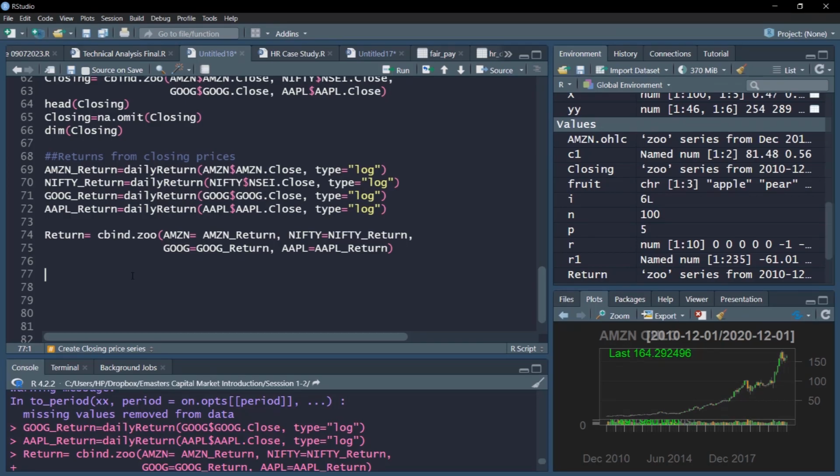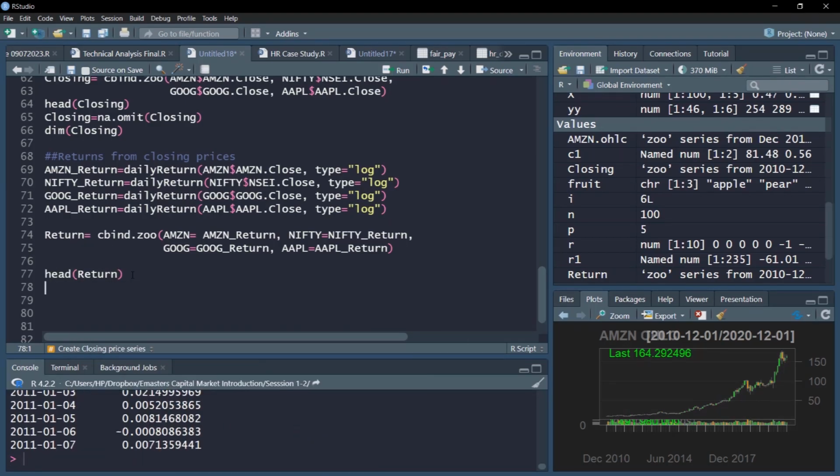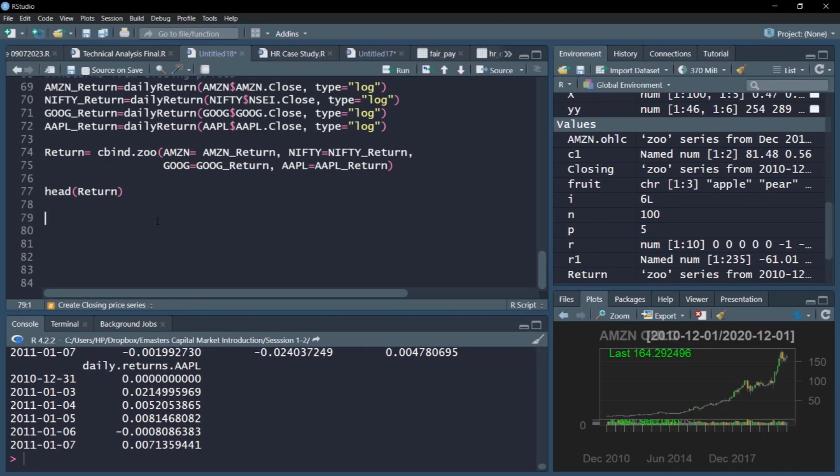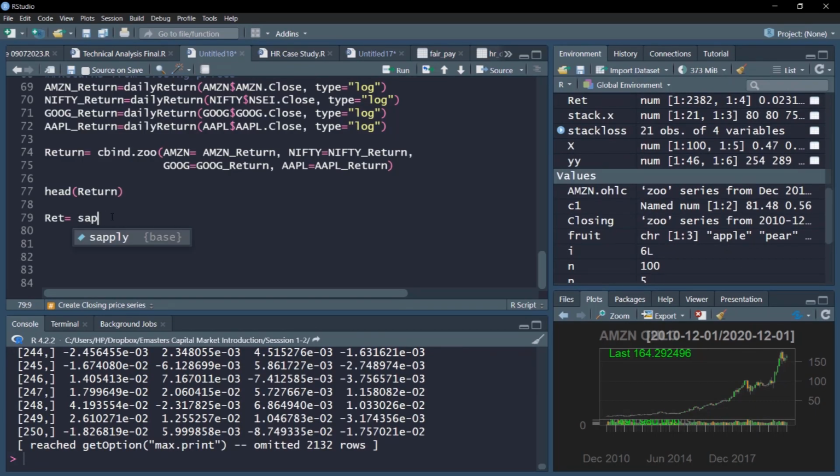Also, if you want to check you have created the return variable correctly, you can just see the head of this return variable. Sometimes you want to use a simpler procedure using this apply functions. Apply functions are very useful. Let me show you. I could have simply applied this as apply to closing prices and define the function. Show you how to use these apply functions.